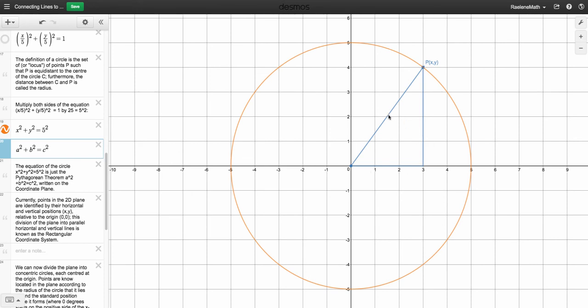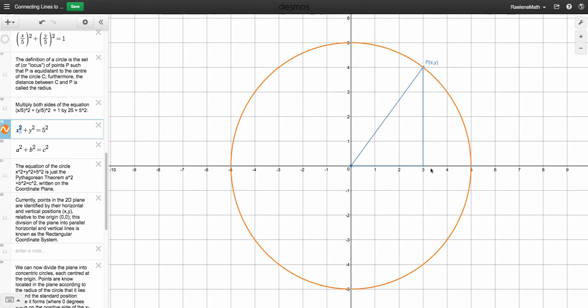We had that a squared plus b squared is equal to c squared. So this is suggesting that the x is like the a, and the y is like the b, and the radius is like the hypotenuse c. And furthermore, this x is really a distance between the center point and this point 3, 0. It's really a change in x, or that run that we were talking about when we talked about the gradient